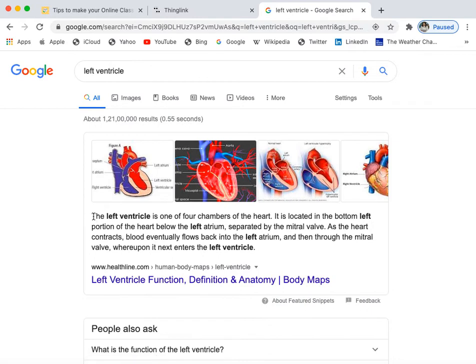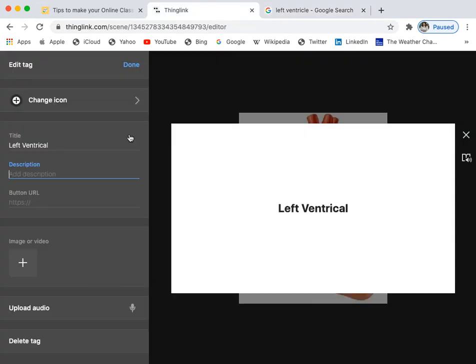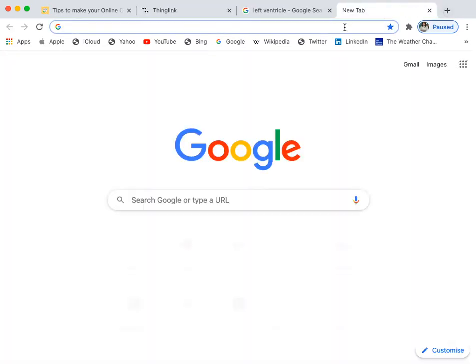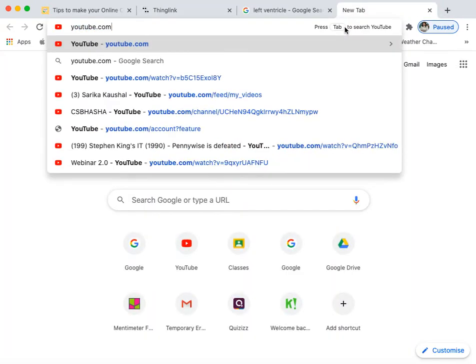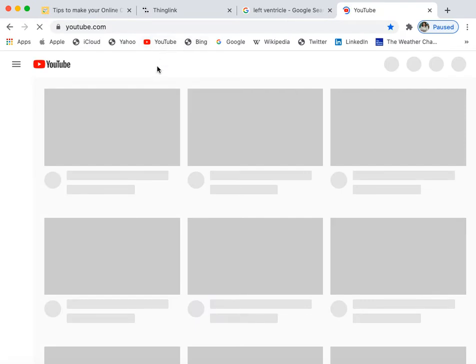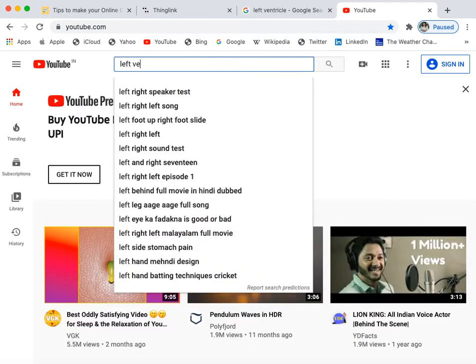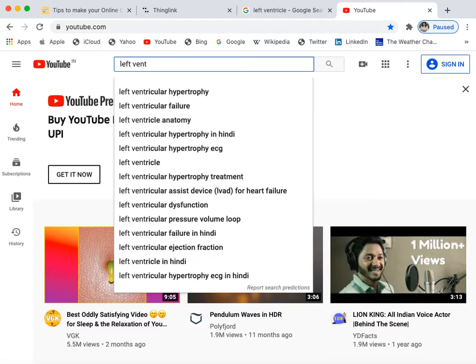I'll copy the content and go to this particular section. I'm pasting the description. Now it's not just over. If I would like to show some kind of video to my students, I say YouTube, and in YouTube I would like to search for a nice video on left ventricle.